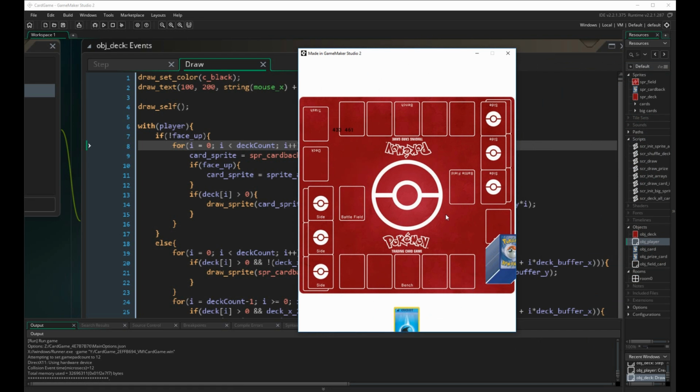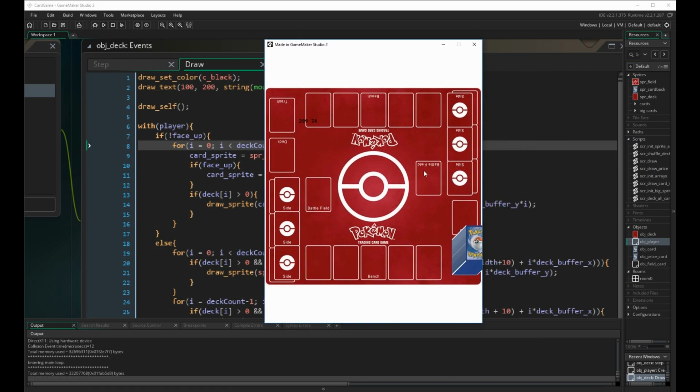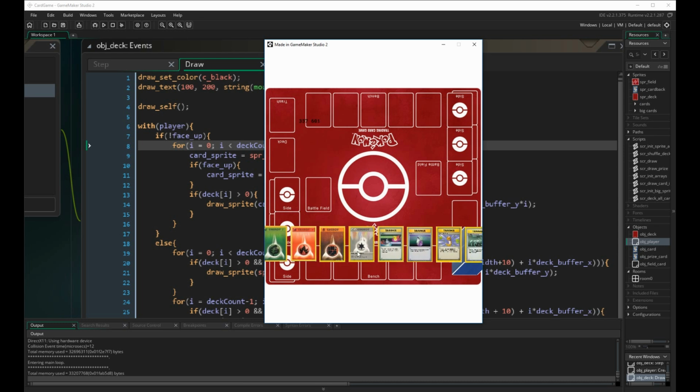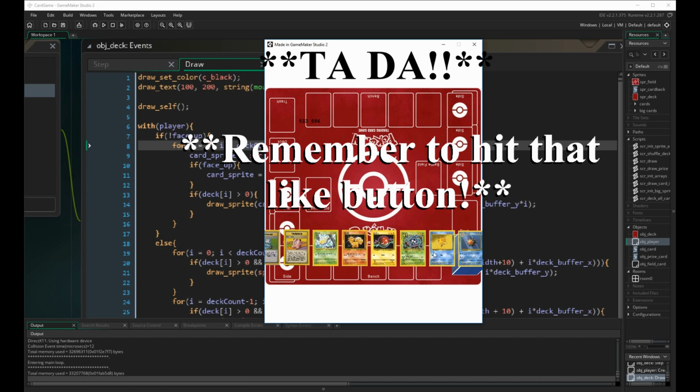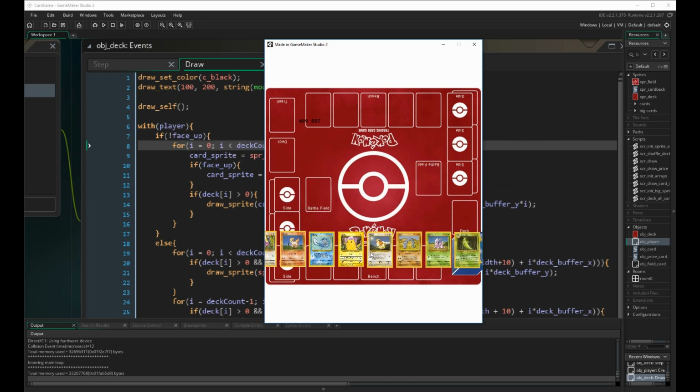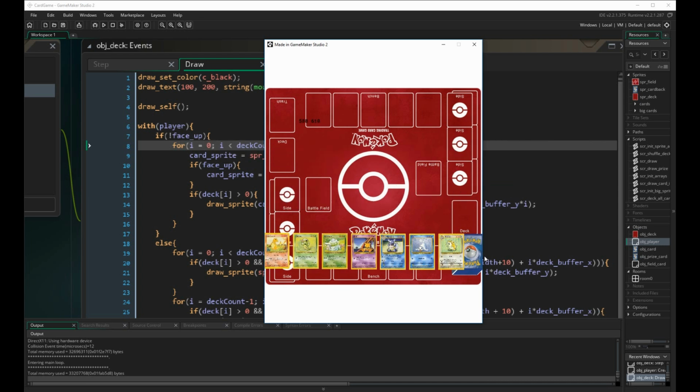Now we see we have this big deck with 102 cards. If we press the up arrow button, we now only see the topmost card of the deck, and it's not being shot across the screen. But now with the code we just created, we are able to drag every card in the deck over. And we can see all of our sprites that we added. And we can see that none of the sprites doubled up, are the wrong size, are out of order, and such things, and we can keep going all